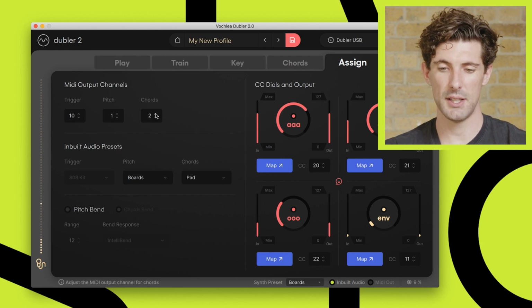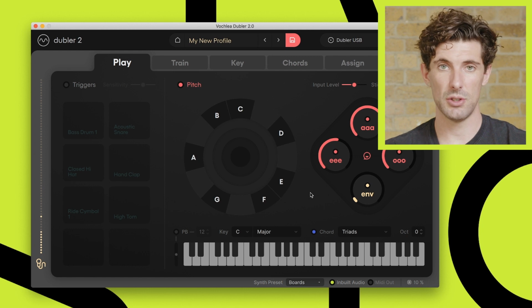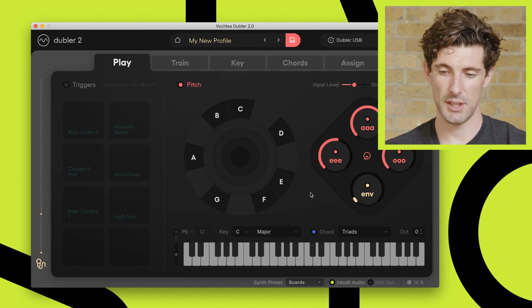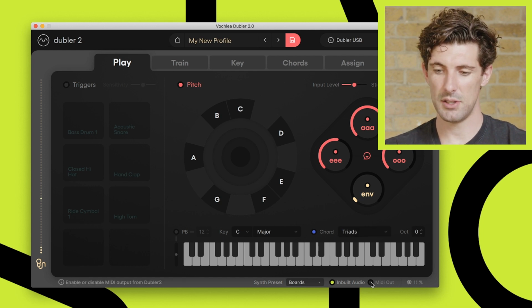I'm going to go ahead and do that and change the chords to channel 2 and go back to the play screen. And what that allows me to do is, in your digital audio workstation, in my case I'm using Ableton, you're able to then split out the pitch melody and the chords part into two separate channels. So I'm going to go ahead and turn MIDI out on, turn inbuilt audio off, and we'll see how that